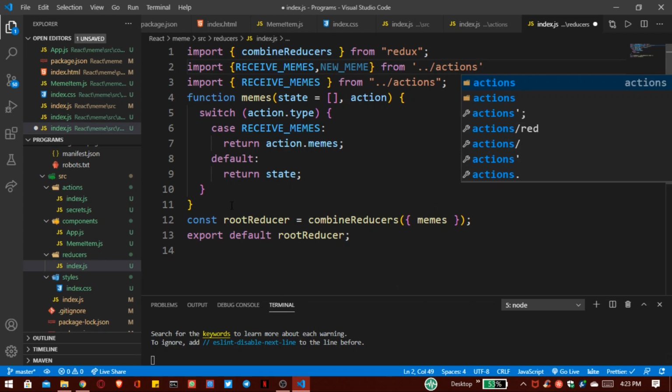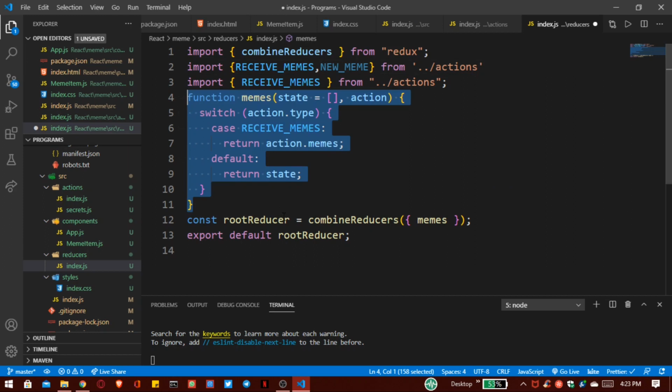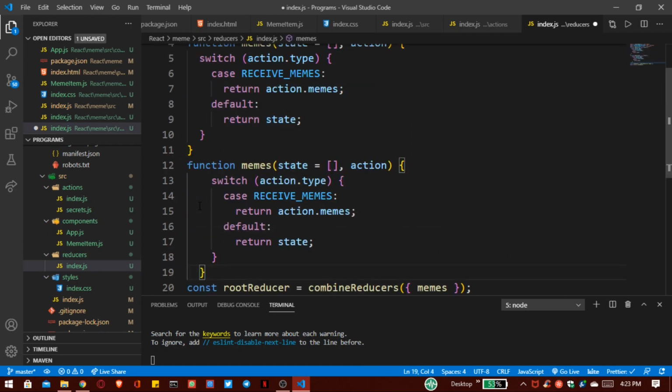Then we have to create a similar function, paste here, and instead of these memes, here we have to write my memes, and if case is new meme,